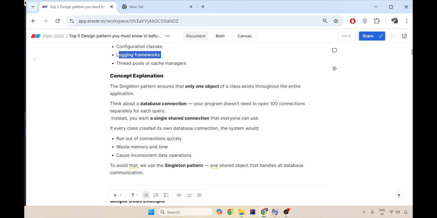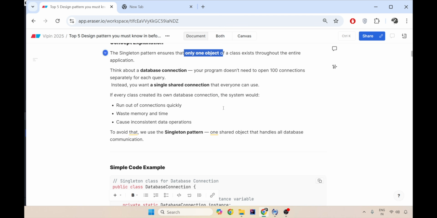Now, I'll give you a real-time example which you see around you. A singleton pattern ensures that only one object of the class exists through the entire application. Think about it as you don't have to open 100 different connections for your different queries. Also consider a scenario where you are in an office and you want to print something. You send your document to a shared printer.